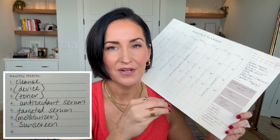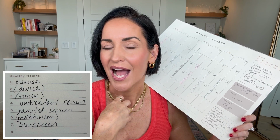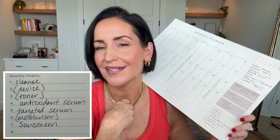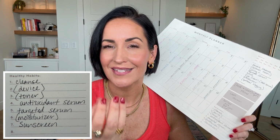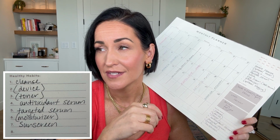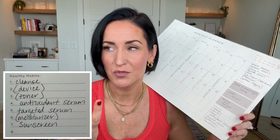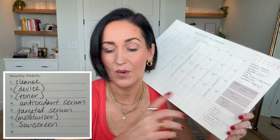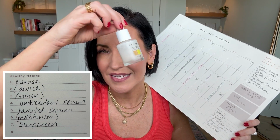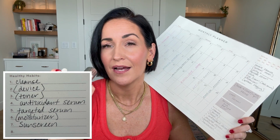So you can use any devices at that time. I'll be honest, usually I'm pretty lazy in the summer. I will mostly just use my red light if I'm gonna use anything, depending on if my skin looks real rough. Like if I look dry when I wake up, then I will load on some toners, all the hydration I can get, and then go in with this bad boy, vitamin C, if I really want the best protection, because both